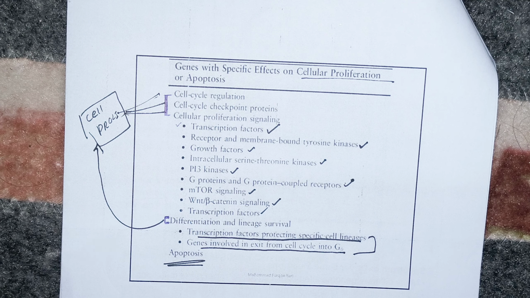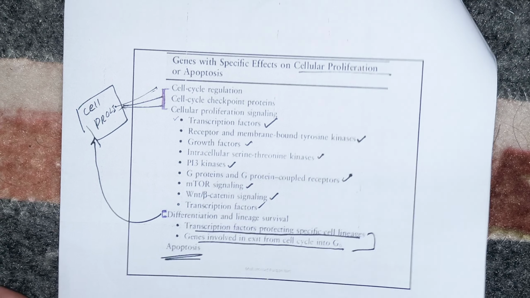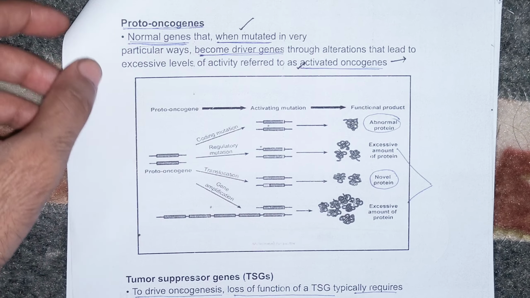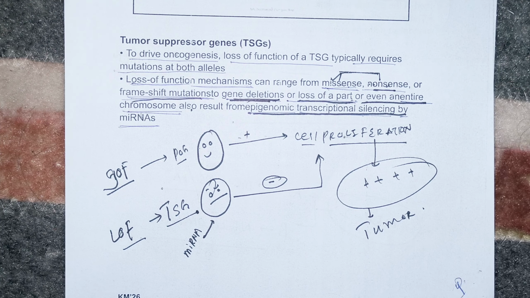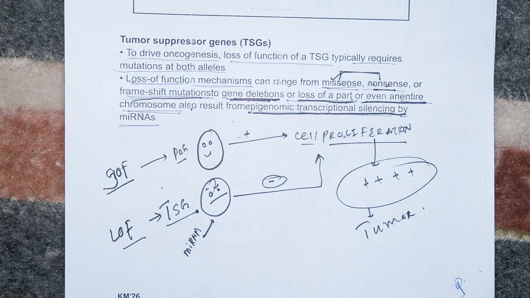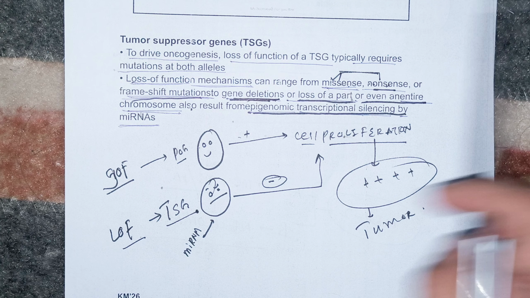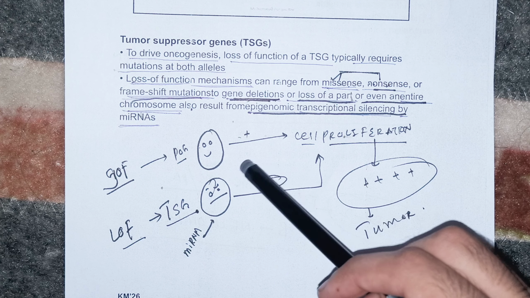And then go a little ahead. Now there is a concept of proto-oncogene and tumor suppressor gene. Can you see in this picture the proto-oncogene, POG? What is the function of the POG, proto-oncogene? It is, you can see, here.